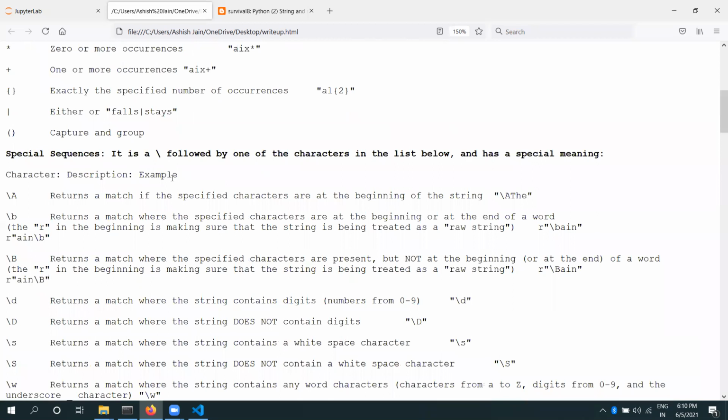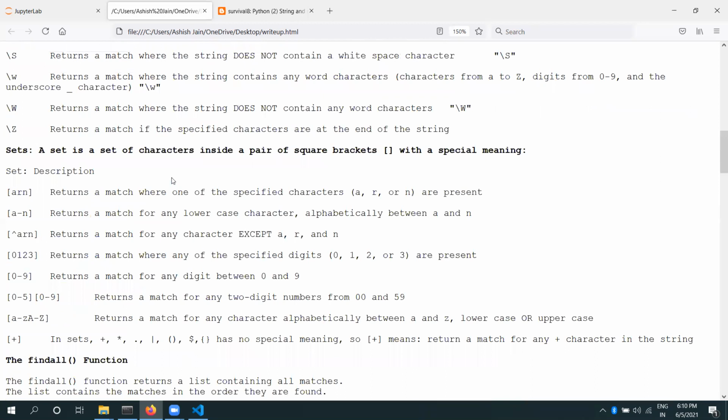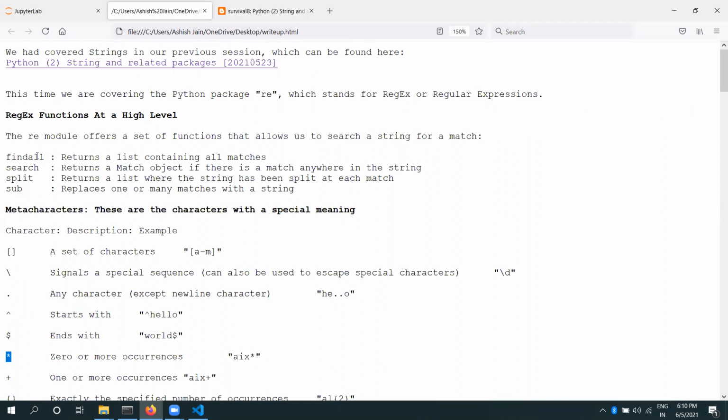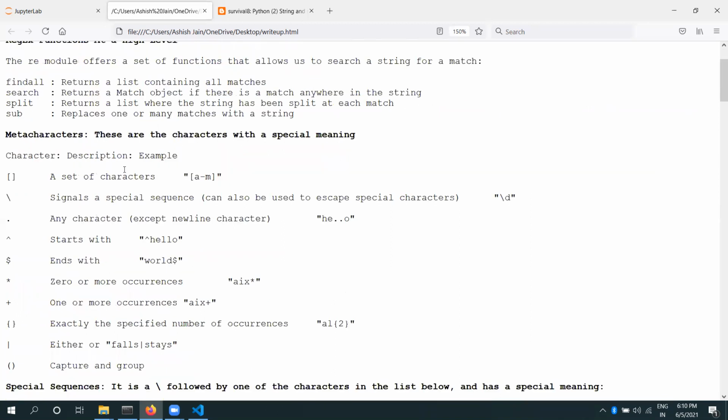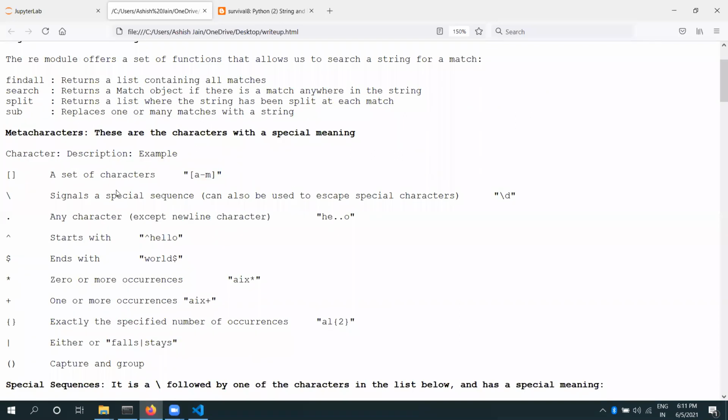Now find all. We discussed these 4 methods above also, that we have 4 methods in regular expressions. Now we discussed what we have discussed so far. If you have any questions, please let me know. Otherwise, I'll just recap one more time at a very high level, that when you discuss regular expressions, you need to be aware of meta characters, you need to be aware of special sequences, and you need to be aware